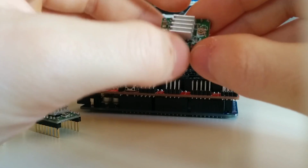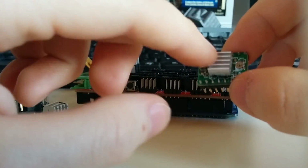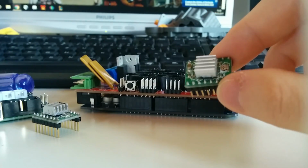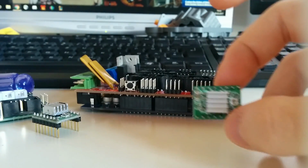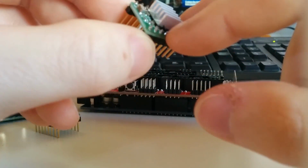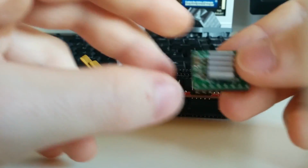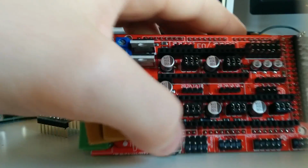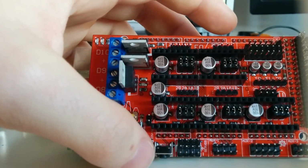And there it is important to mount the aluminum heatsink because the temperatures of the chip would get too hot. Also keep in mind that the heat spreader shouldn't touch anything at all from these pins because, well, aluminum is conductive and you would short out some pins. What's important about placing these is